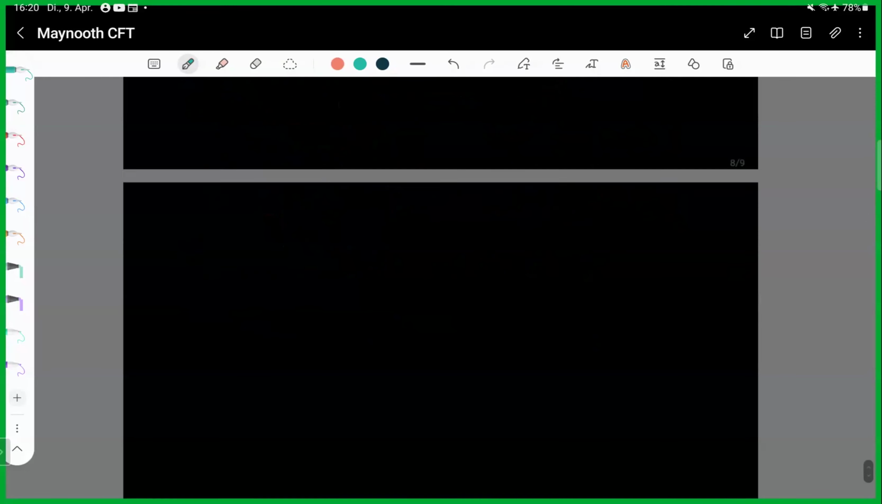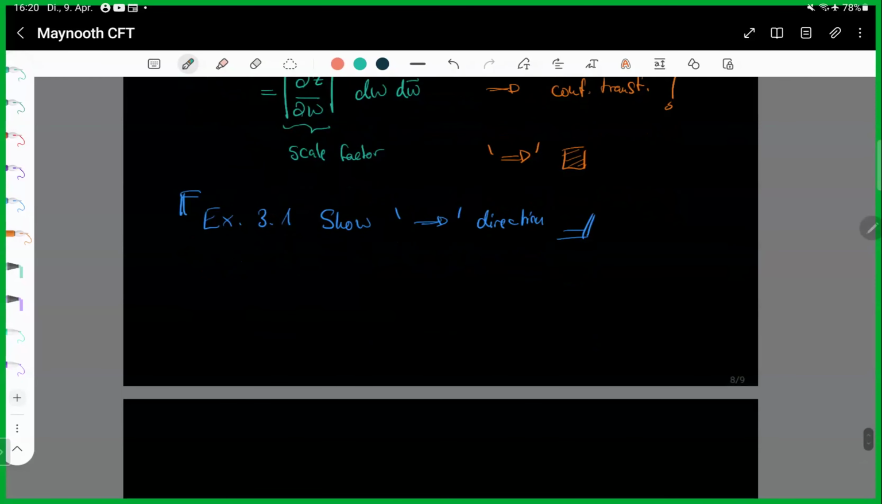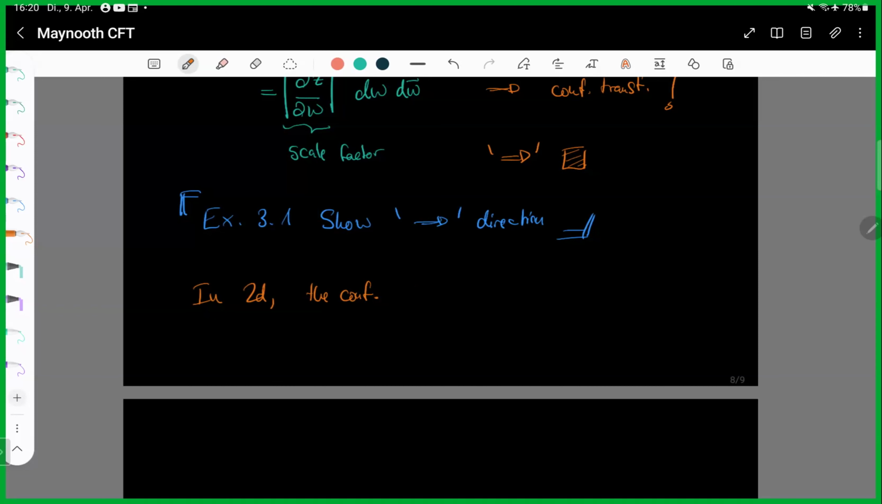Okay, so this makes for a powerful claim now. So let's just recapitulate. So let's just make it a sentence. So in 2D, the conformal group is the set of all holomorphic and anti-holomorphic